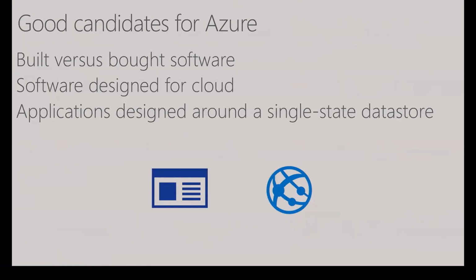If they've designed those to be stateful applications, they are somewhat brittle, and there's not a lot that you can do about it because you don't own the code for that. So you're going to have to think about that as you design and as you think about what availability targets you're setting with those older applications if you lift and shift them to the cloud. So the last one is designing around a single state data store. That's what we talked about before, about making sure that you're storing state and keeping that in a data layer, so that you can keep your applications as stateless as possible, because that's going to give you the most flexibility and ability to scale and handle faults as they happen.